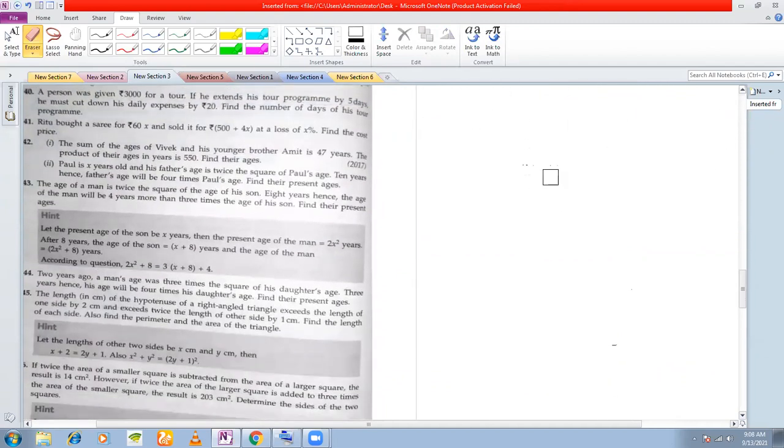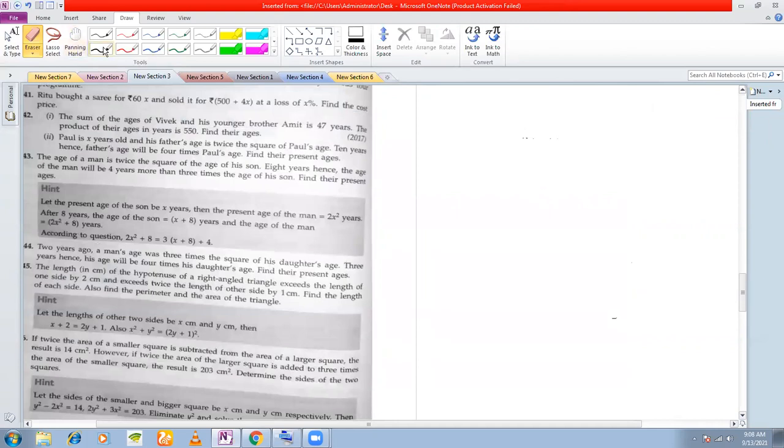Look at this. 42 part 1. The sum of ages of Vivek and his younger brother Amit is 47 years. The product of the ages is 550. Find their ages. Okay. So I say let the present ages